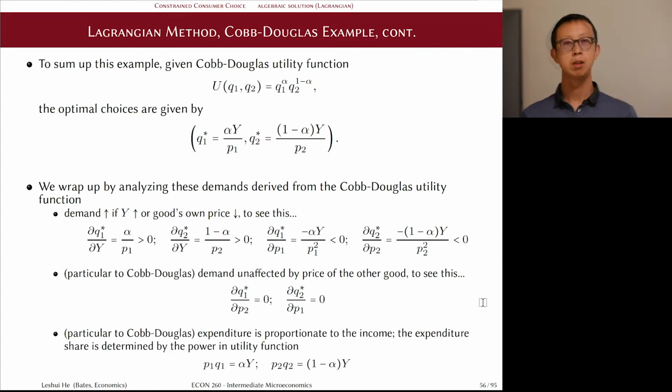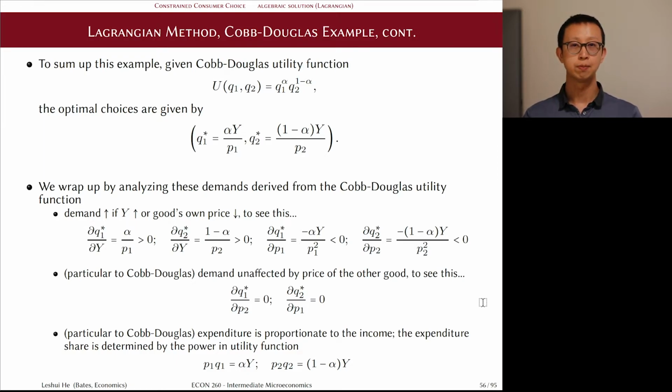This property is in fact implied by the feature that the expenditure on each good is a fixed proportion of the budget, and that proportion is entirely determined by the preference parameter alpha. In other words, changes to the price of good 2 do not lead to adjustment of expenditure on good 1 at all. As long as the price of good 1 itself does not change, the demand for good 1 remains the same. We will discuss some more intuition about this property in the next section, but overall, this property makes the derived demand from the Cobb-Douglas utility function undesirable for many applications, where we expect the demand to respond to